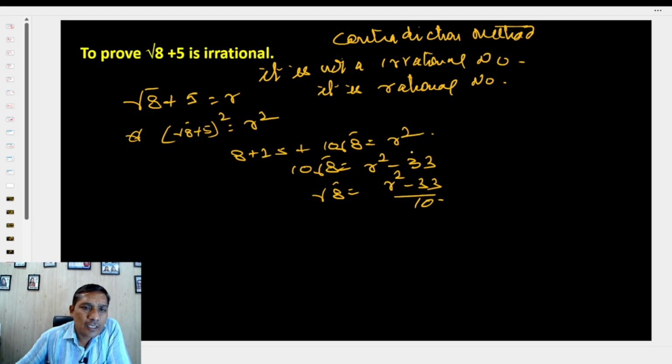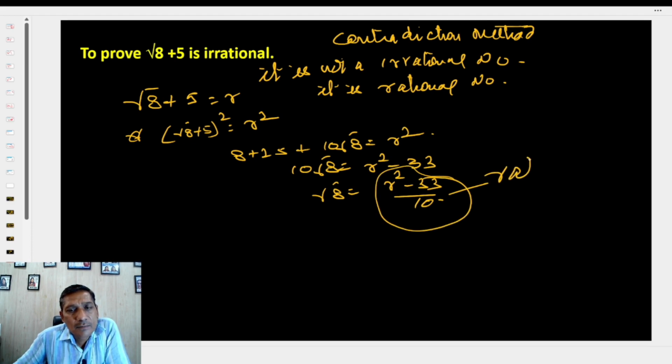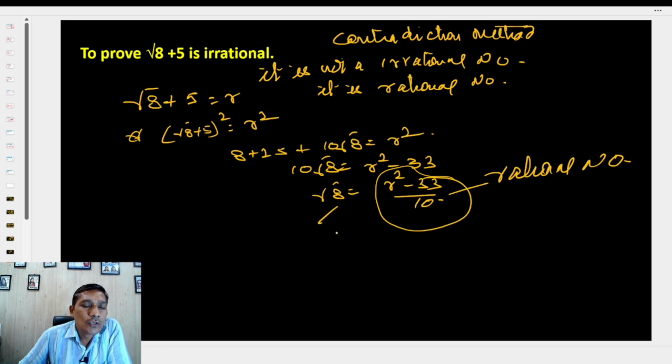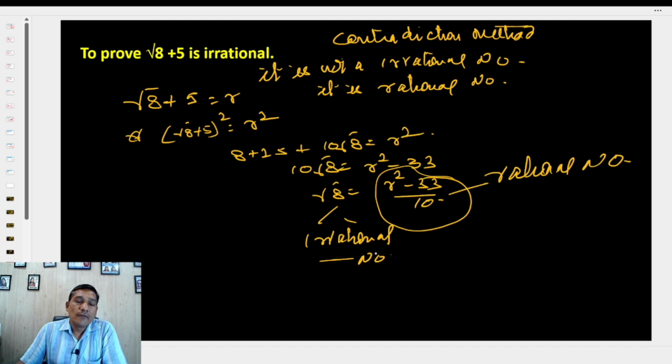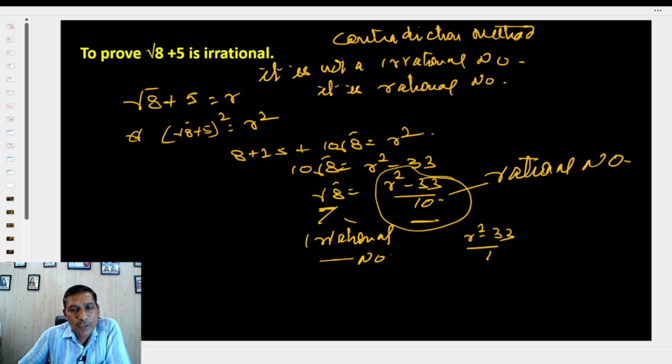You see very carefully here, because r was a rational number, all these are rational numbers, while root 8, as you can see, is an irrational number. Now we can't have an irrational number and a rational number equal to each other. So we will write down that r square minus 33 upon 10